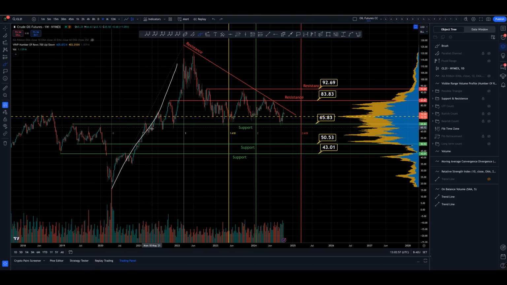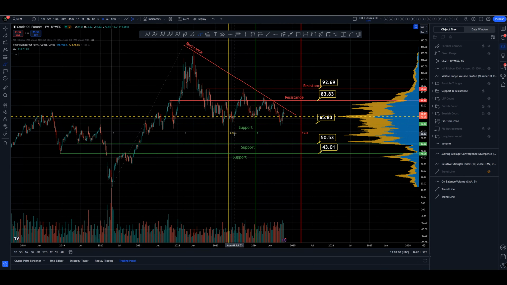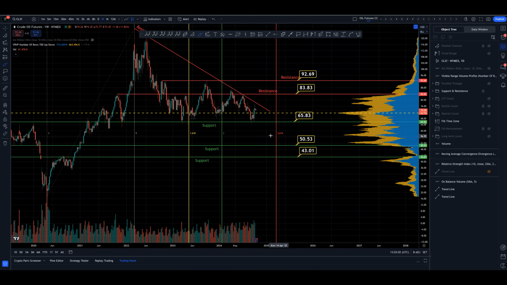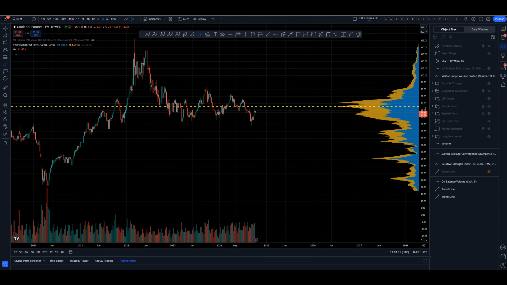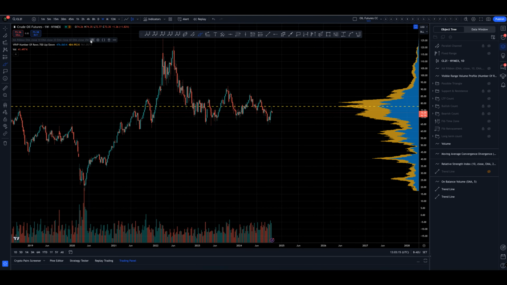So we come back to major support. We've done enough in time. We've done enough in Fibonacci retracement. So we could have bombed. We'll remember that when we come over to the counts in a moment. So that's the situation with the Fibonacci time, Fibonacci extension, retracement, and resistance and support.